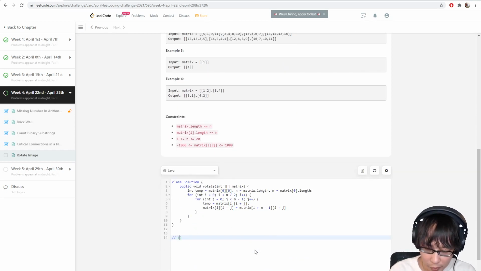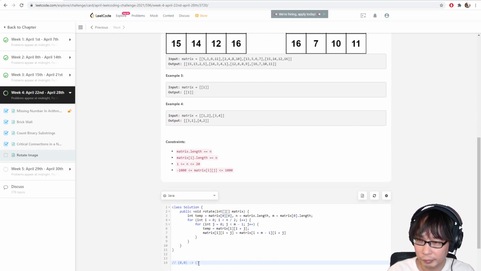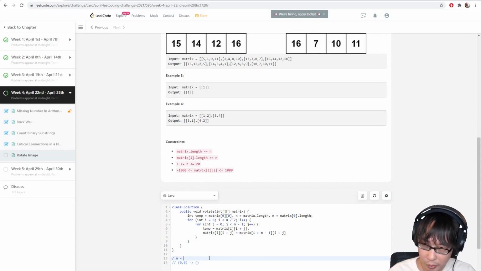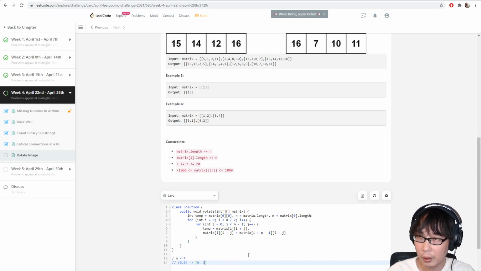So for the first layer, this is n equals 4, and you move 0,0 to 0,3, and then you move 0,3 to 3,3, and then you move 3,3 to 3,0, and then